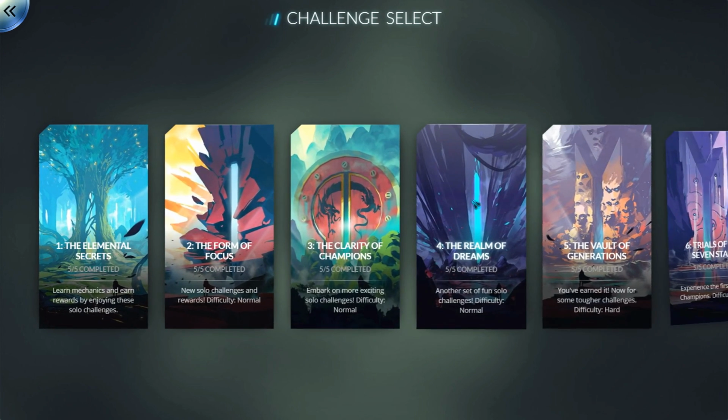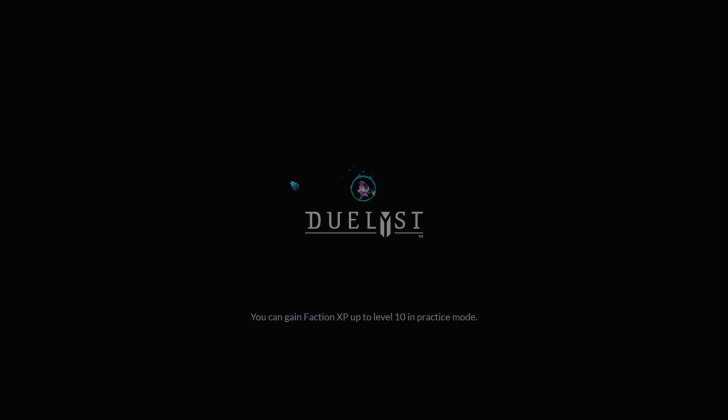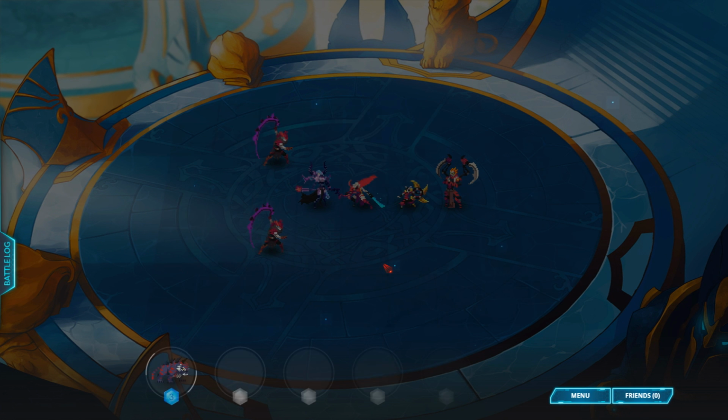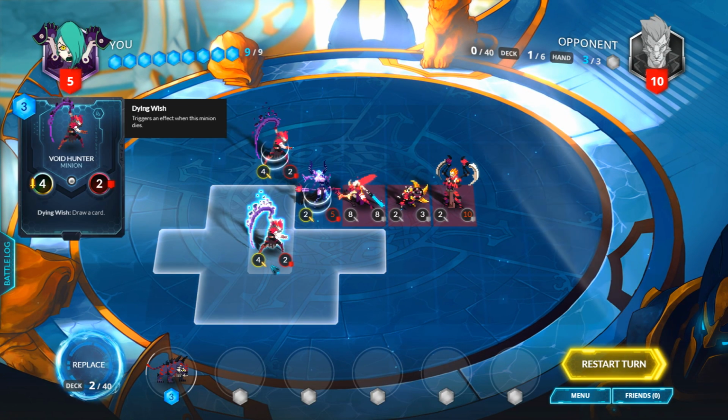Yes, sir, you got a little bit of loading to go on there, but we're going to jump right into the Abyssian Gifts Unforgiven, and this one is use Dying Wish to defeat the Songhai General in 1 turn. This is one of the weird ones that requires you to know that, hey, I still have cards in the deck. You notice that we still have 2 cards in the deck, and we have these Void Hunters, which is